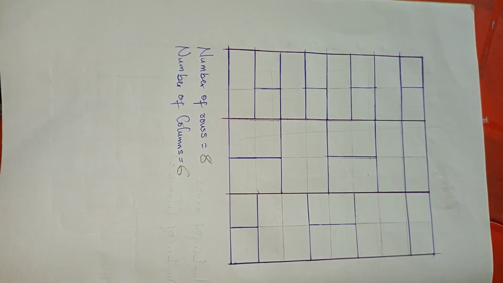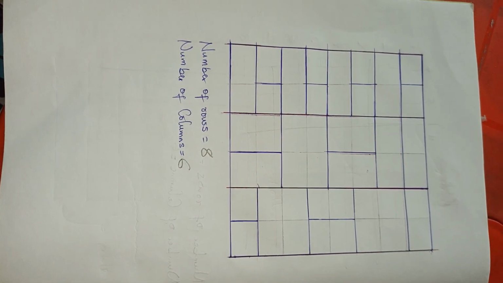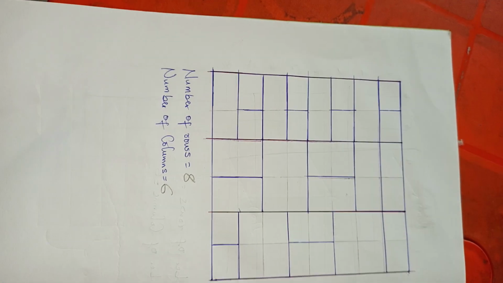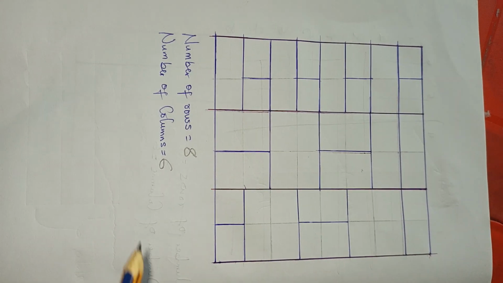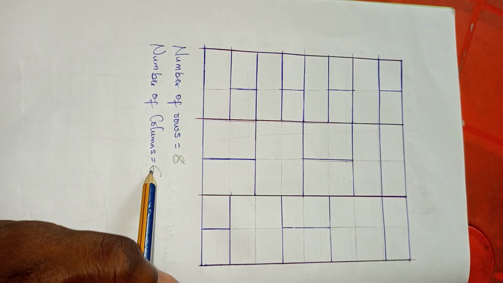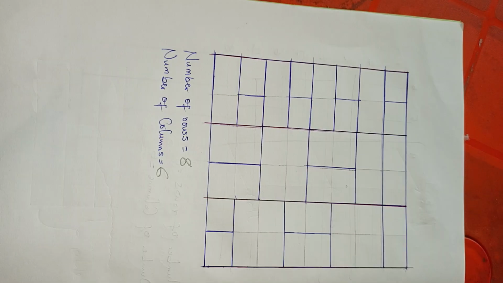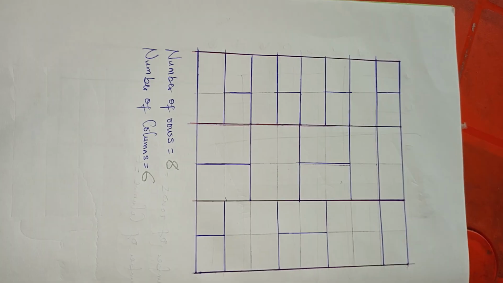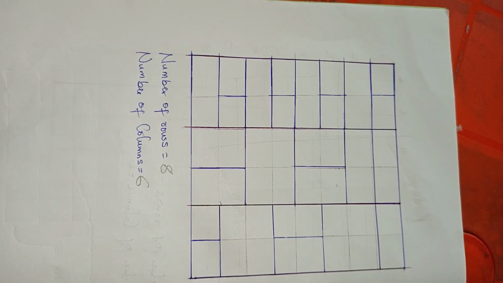So basically, this is how rows and columns are counted. If you watch, I did not put the number of cells. That is because once you get the accurate number of rows and columns, the number of cells will automatically fall into place. That is because the cell is a derivative of the number of rows and columns present in the